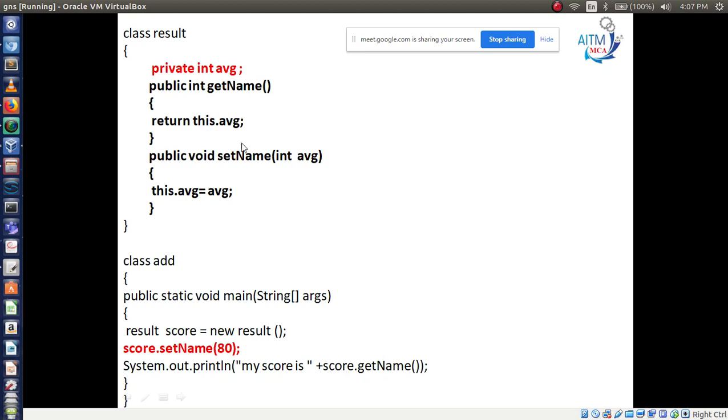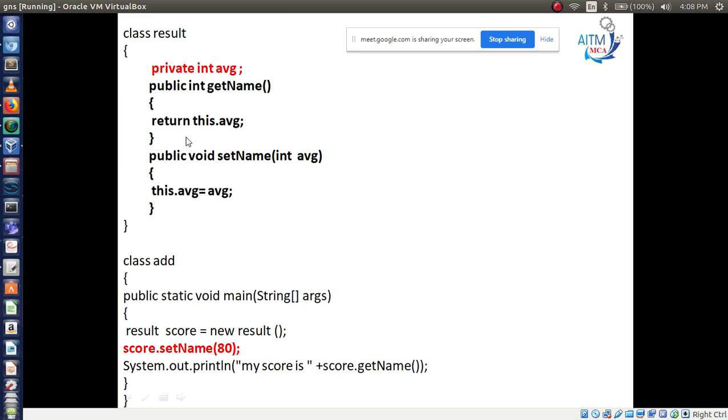You are accessing this method, that is get name. Score dot get name means whatever value you have got will be displayed here. My score is 80. It will display like this. So this is the private access modifier.